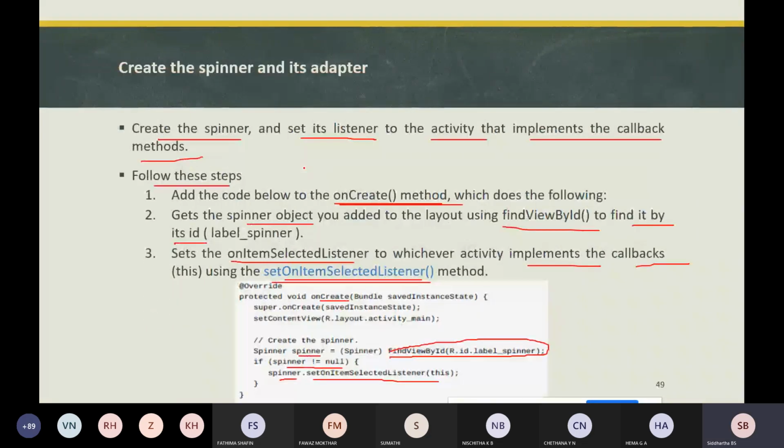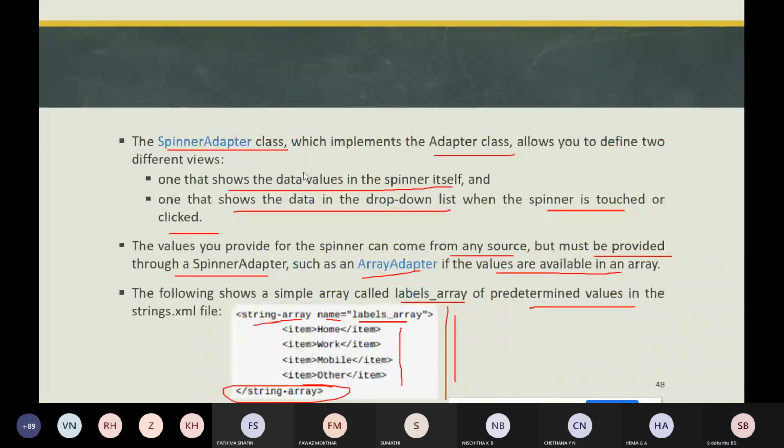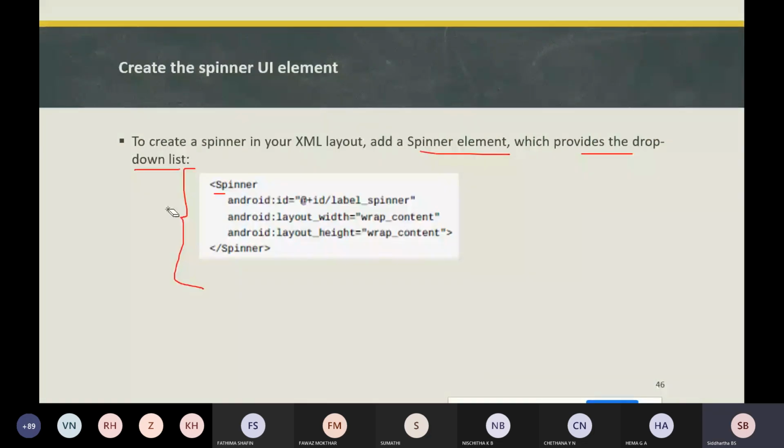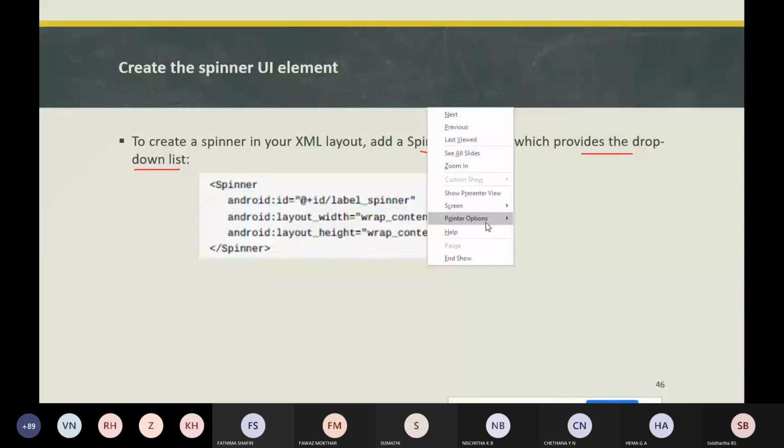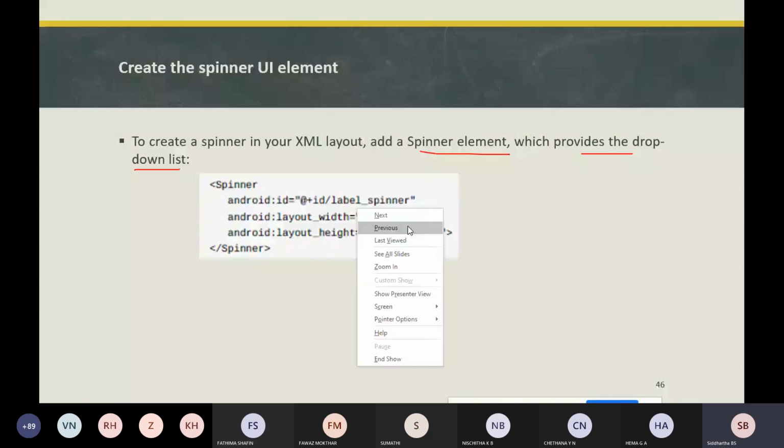See what we have done. We have created the spinner element, and for this spinner element we have created an array list.